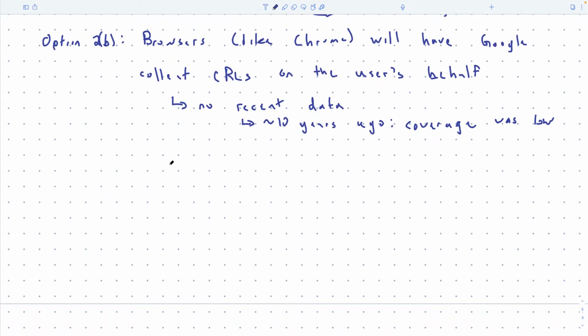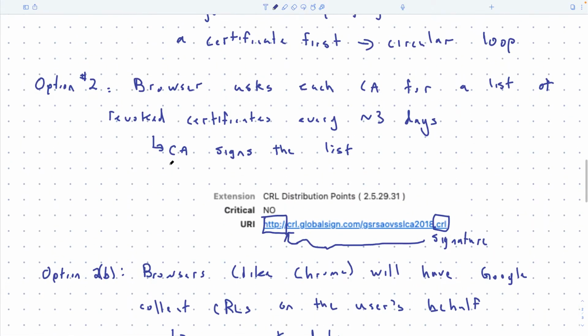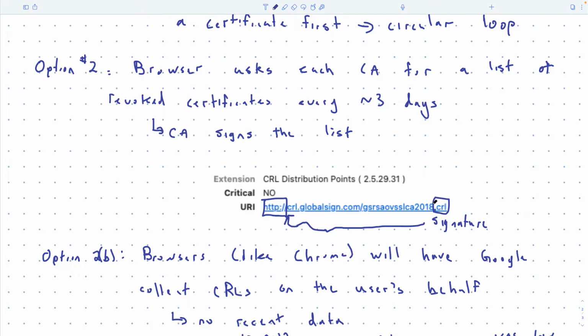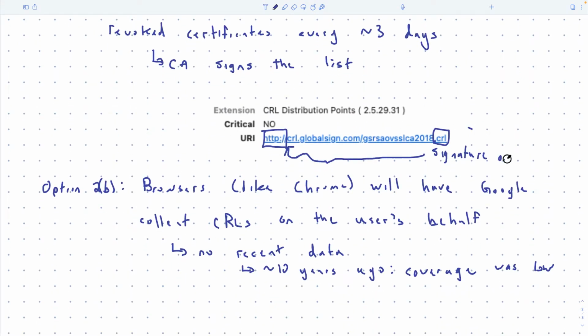Yeah. I thought you mentioned that the CRL list is using OCSP. I thought you mentioned that it's usually signed, like for the option 2, right? Yeah. So the communication is usually in HTTPS, so it doesn't, but the screenshot it's showing in HTTP, like this. Yeah. So the signature is on the file itself, and it's not in HTTPS itself. Okay. Yeah. So I'll put it like this so it's clear.